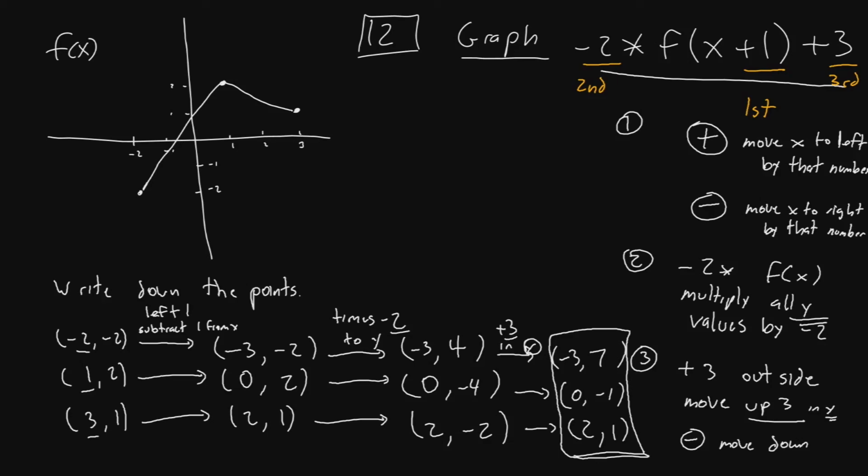Now let's graph them. First, negative 3, 7. I'll make a mark over here, negative 3. And then 7 would be very, very high up on the graph, perhaps all the way at the upper left. 0, negative 1 would be here, and 2, 1 would be here. Now that we have 3 points, we just connect the dots. Just like the other dots we started with were connected. And so this graph in green is going to be negative 2 times f of x plus 1, plus 3. This is the original graph with all 3